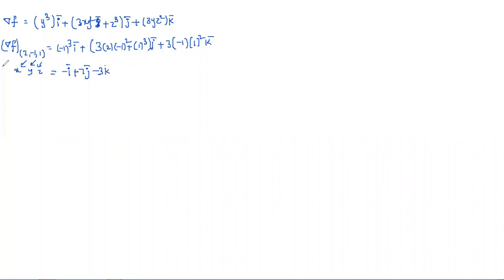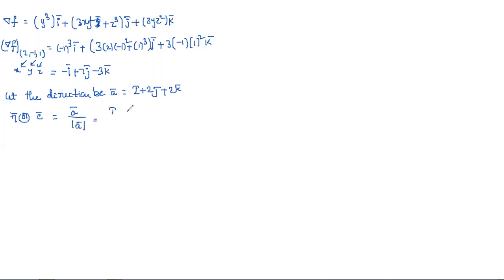So this is del f at this point, and next direction they give, right? If you want, you can give the name for this one as: let the direction be what they mentioned. So a bar is equal, I'm giving the name for this one as a bar, i plus 2j plus 2k. Now you need to find the unit vector for this one. So this is nothing but n bar is equal to e cap. So n bar, or simply write it as e bar, is equal to a bar by modulus of a bar. So magnitude of this one.